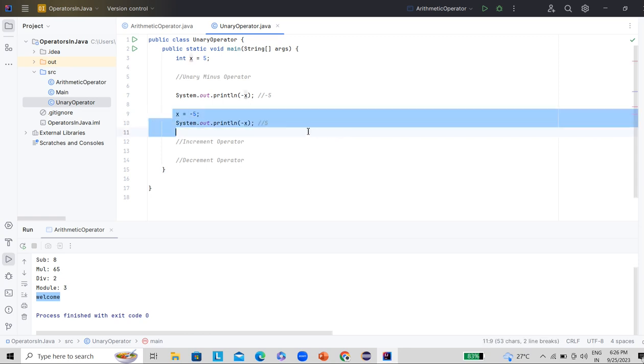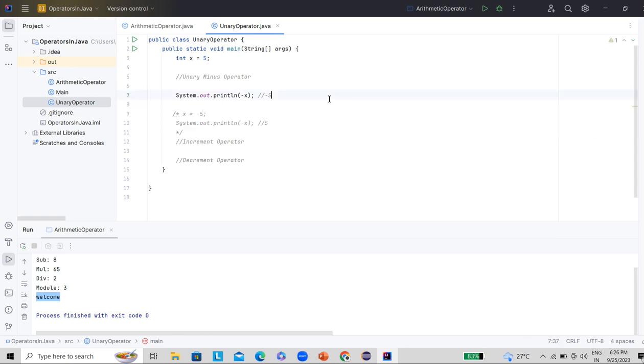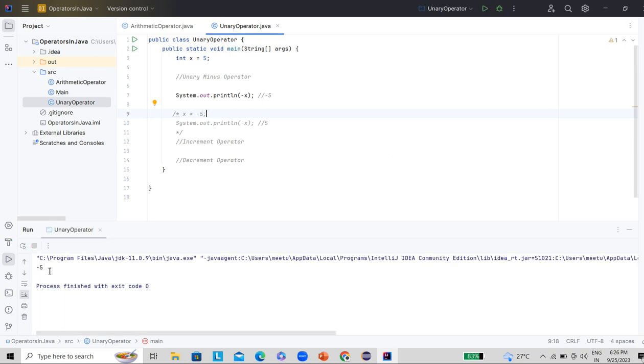First let's comment this part, and see this part only. Let's run this program. You can see it is printing -5. The value has been negated. So this is how you can perform the unary minus operator with a positive value.